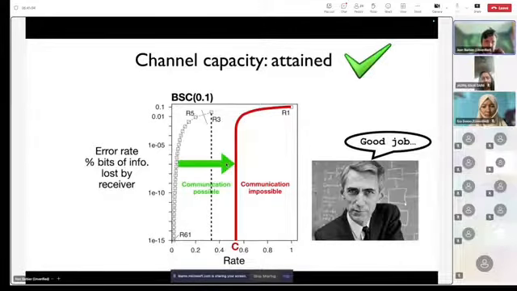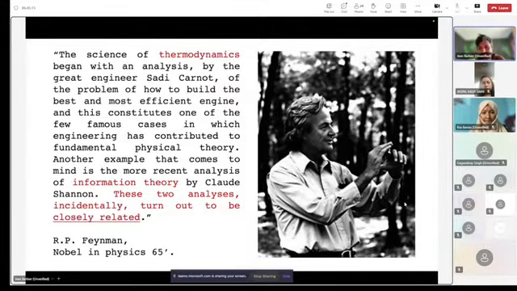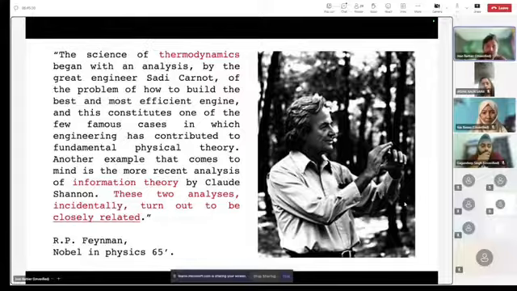Okay. I like this quote by Richard Feynman, who got the Nobel Prize in Physics in 1965. That connects. He understood directly, of course, that statistical mechanics, which is the mother of thermodynamics, or vice versa. Historically, thermodynamics appeared before, but statistical mechanics explains it. He understood the links with